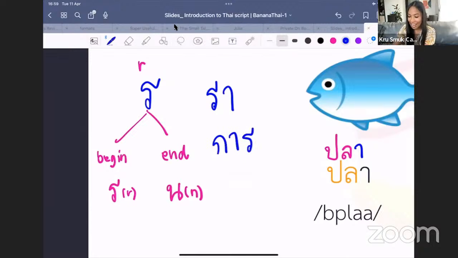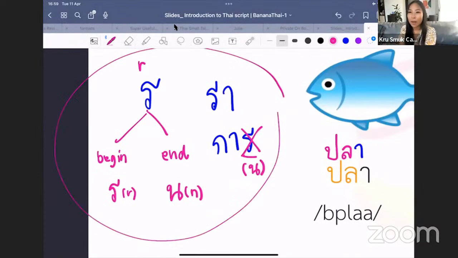การ. It's not gar. This is not gar, because if it's an ending consonant, it is non sound. So that's why it's pronounced gan. So I want you to note this one as a bonus topic that is not yet included in this slide, but it's worth learning. Okay, ไหมคะ